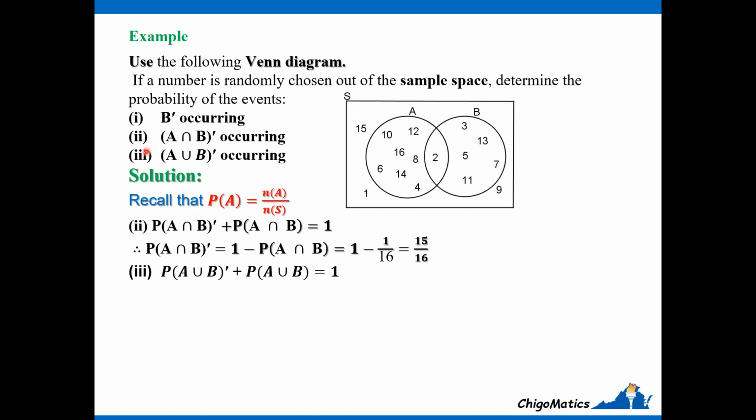When we are here, the probability of the complement of the union plus the probability of the union is equal to 1, what we have here. So that is a pattern that is followed by complementary events,